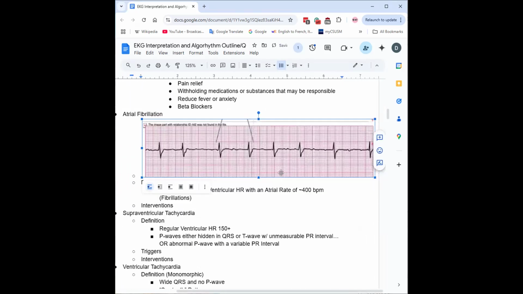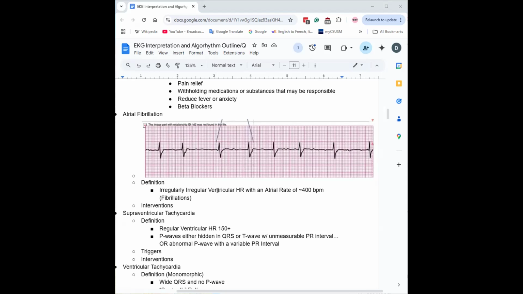you can see how it's got some of that fibrillating. You can't really see the P wave. It's just a bunch of fibrillating. So that's one of the telltale signs of atrial fibrillation. I'll see if I can get a better picture. But yeah, the definition is that